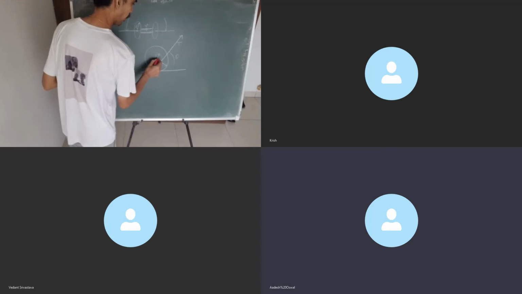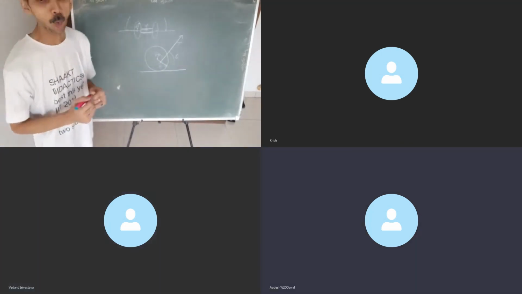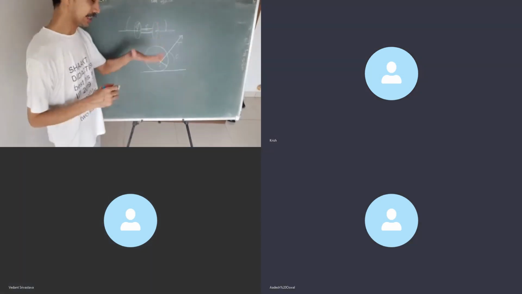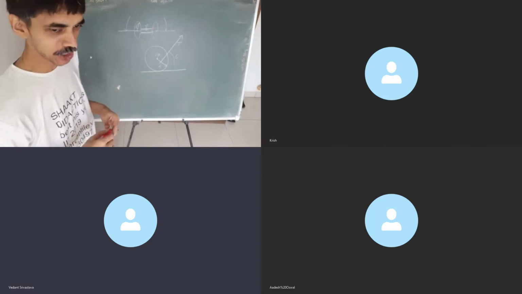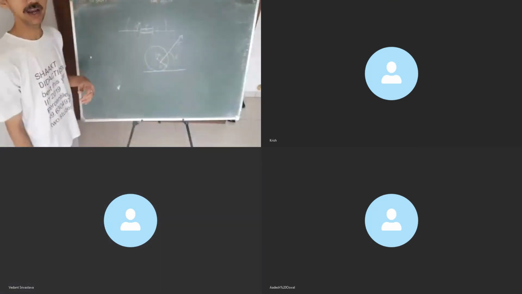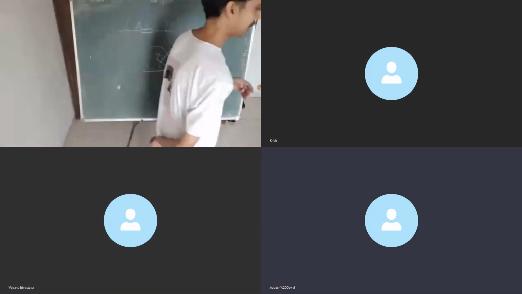how many forces or components of forces do you have to pay heed to? You will say you will pay heed to T cos theta and the force of friction, correct? Because T sin theta, as you can see for yourself, will be in the direction vertically upwards. Fine? So T cos theta is the only component which can